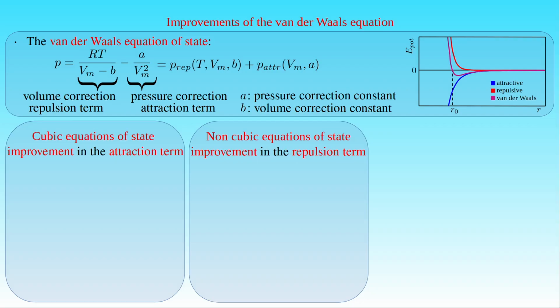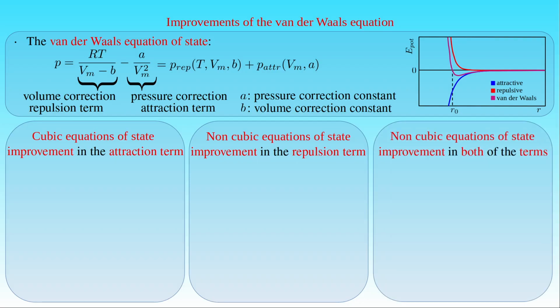Evidently, those improved equations of state belong to the third group where both the pressure correction and the volume correction are modified. That is, there are some improvements in both the attraction term and the repulsion term of the van der Waals equation. We start with a short overview of several cubic equations of state which are frequently used in thermodynamic calculations. The first cubic equation we will present is the Redlich-Kwong equation of state, where the attraction term also